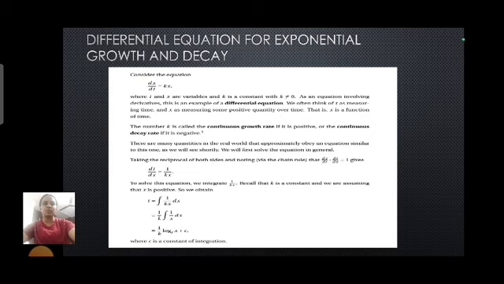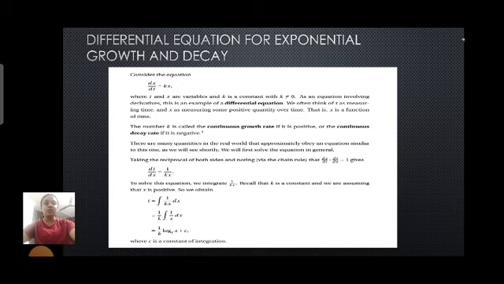Differential equation for exponential growth and decay. Consider the equation dx by dt is equal to kx, where t and x are variables and k is a constant with k not equal to 0. As an equation involving derivatives, this is an example of a differential equation. We often think of t as measuring time and x as measuring some positive quantity over time. That is, x is a function of time. The number k is called the continuous growth rate if it is positive, or the continuous decay rate if it is negative. There are many quantities in the real world that approximately obey an equation similar to this one, as we